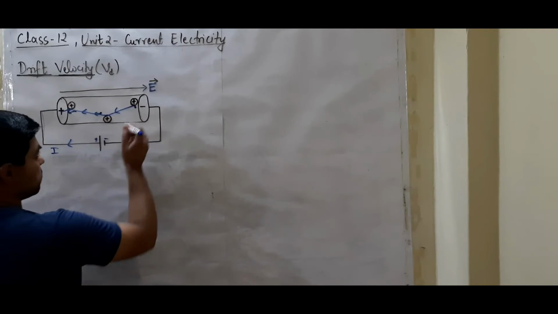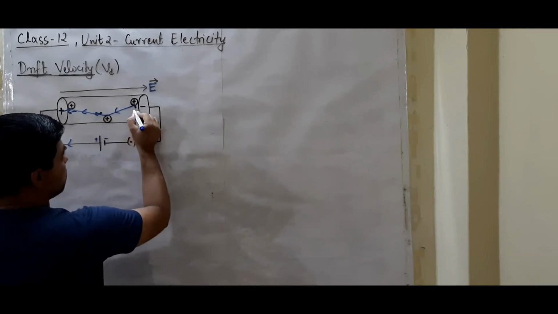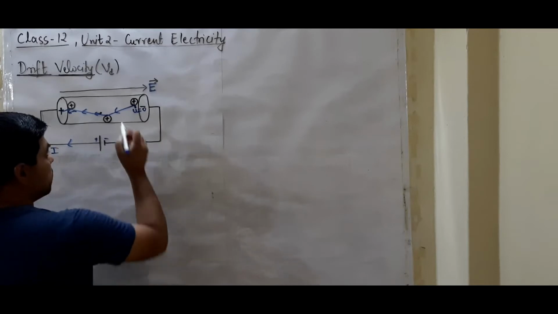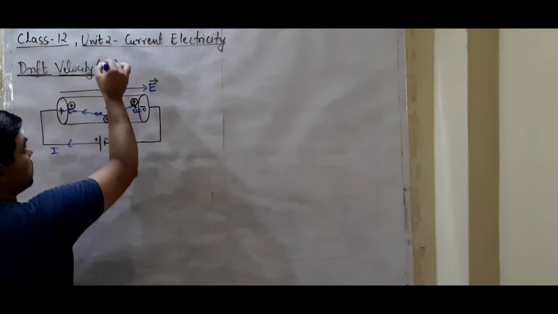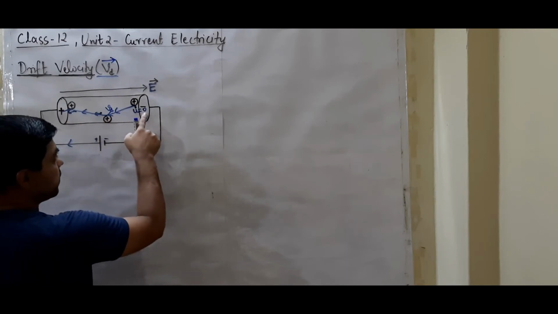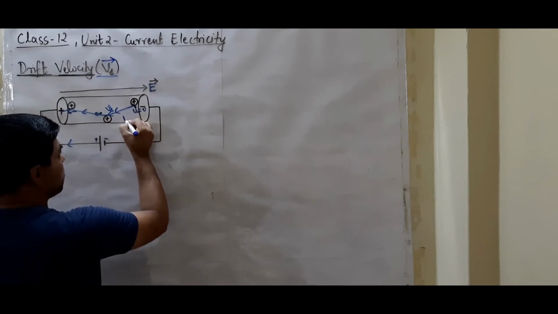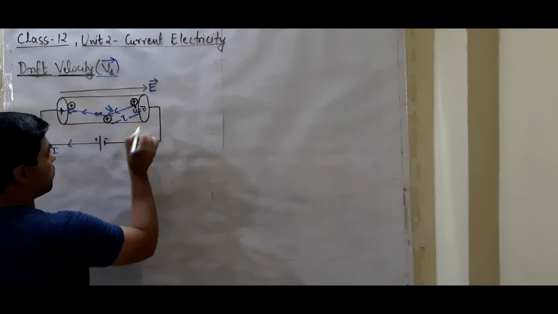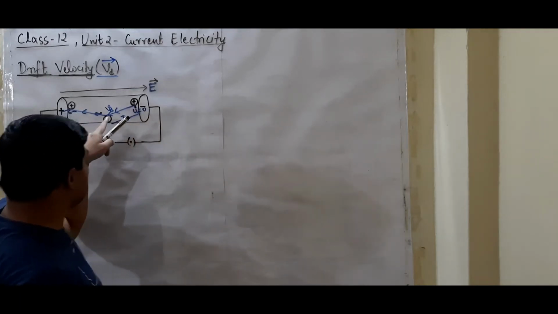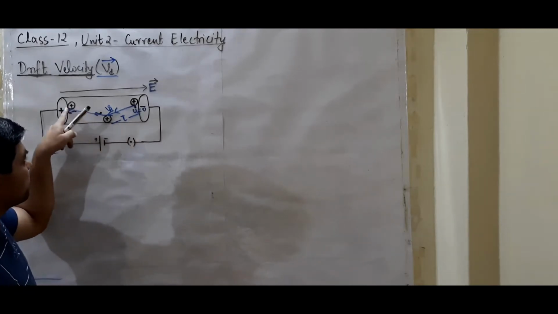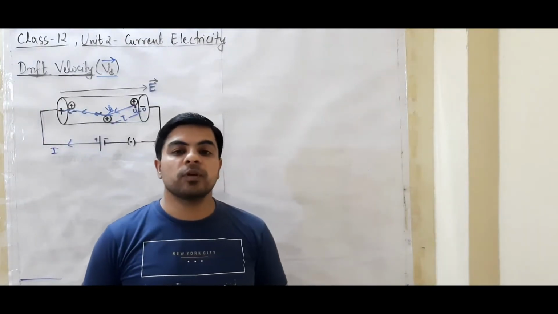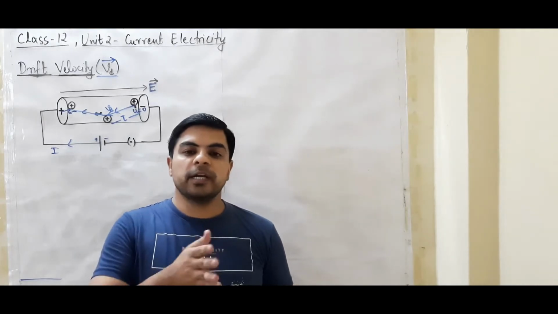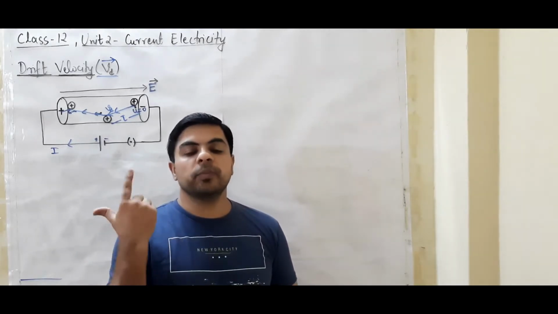Here, in the starting condition, when it collides with the first positive ion, we can consider its initial speed as 0. Under the effect of the external electric field, it increases its speed. The maximum speed here we can consider as Vd, that is the drift velocity. And here we consider the time as tau, a special factor. Later on we will name it. In the same way, from this positive ion to the next positive ion, again it moves with varying speed. Continuously it undergoes a number of collisions with the positive ions, and moves from the negative end to the positive end of the conductor, to make the electric current.